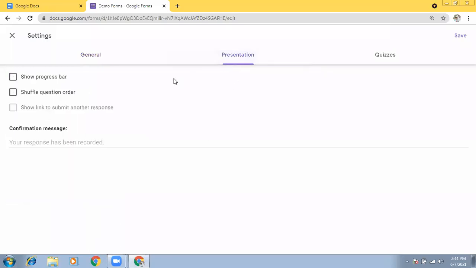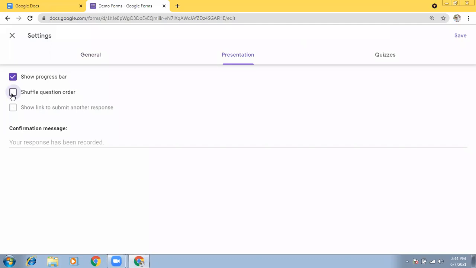Then you go to presentation, where you can display the progress bar and shuffle question order. Shuffling the questions will be required only when you are conducting a test, or some other things like that. Then in that case only shuffling will be required.